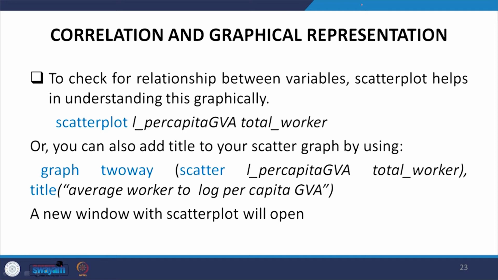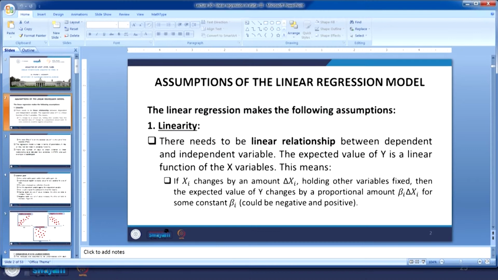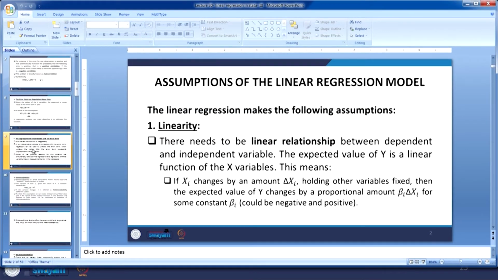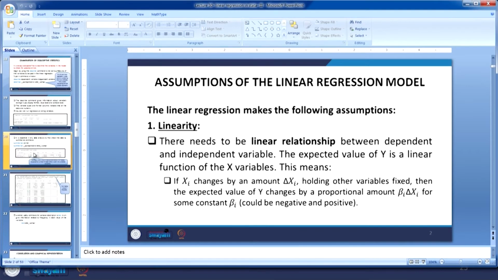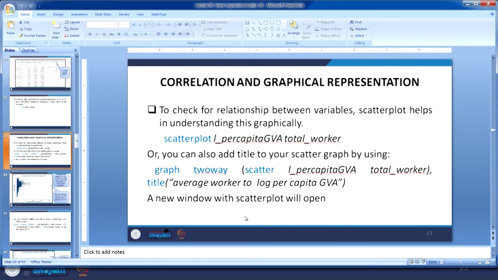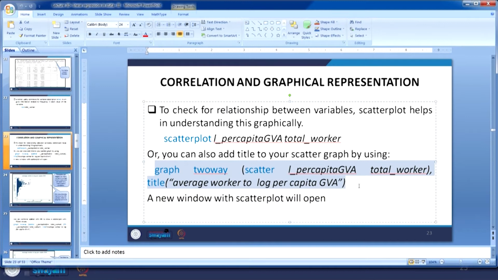I will simply do one thing, to save our time. I will go to the particular slide, and yes, this is the one, and let us copy that. You can test on your own.